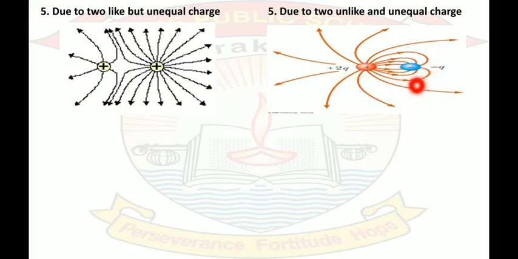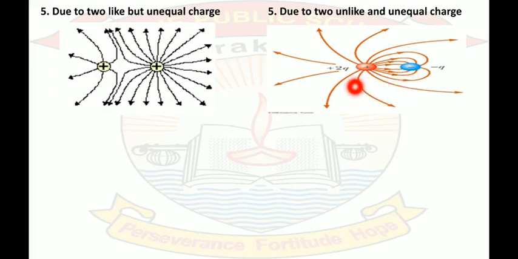Let us count the electric field lines. 1, 2, 3, 4, 5, 6, 7, 8, 9, 10, 11. Plus 4, 15. And from here 3, 4 plus 4, 8. 8 electric field lines are there from the negative charge, and I hope 16 electric field lines are there. 1, 2, 3, 4, 5, 6, 7, 8. 8 from one side, 8 from another side, it will become 16. 16 electric field lines are originating from +2q, but only 8 electric field lines are terminating on -q.